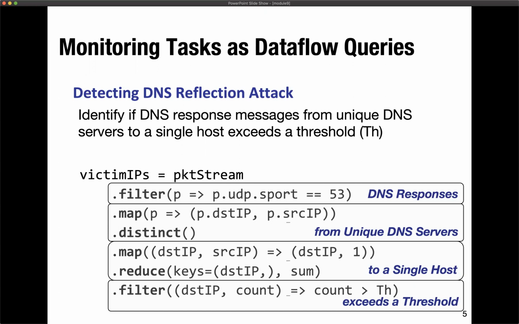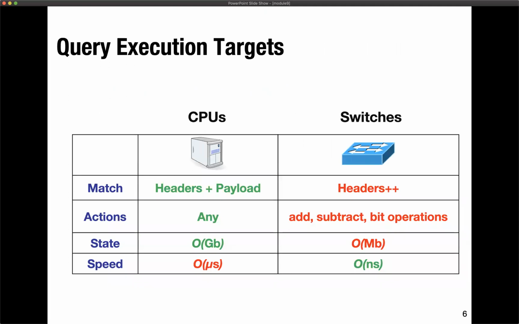But as a network operator, you might want to run 10 queries, you might want to run 100 queries, right? So that leads to a big scalability challenge. We want this flexibility, but this flexibility is coming at the cost of resources that will be required to execute all these queries, right? So now the question is, what should be the right strategy or approach to scale query execution? Okay. And now we'll go back to this familiar discussion that we have had in the past, mostly from the forwarding decisions perspective, but now from the telemetry perspective, that we have these two sets of targets at our disposal,